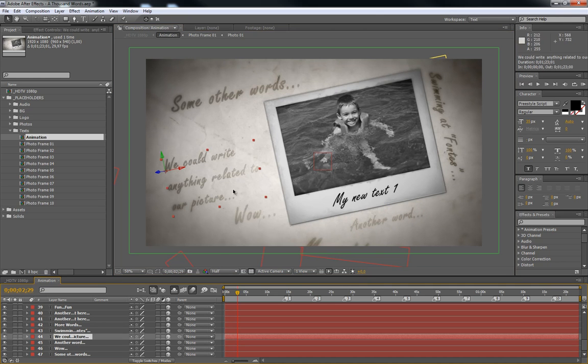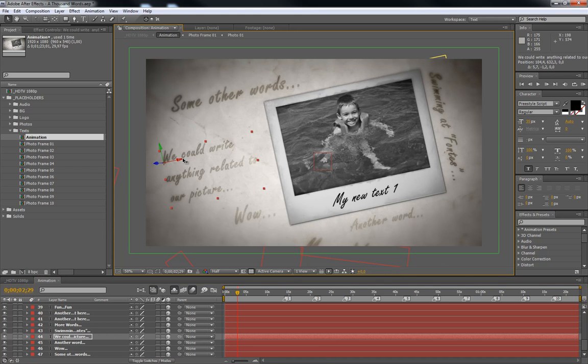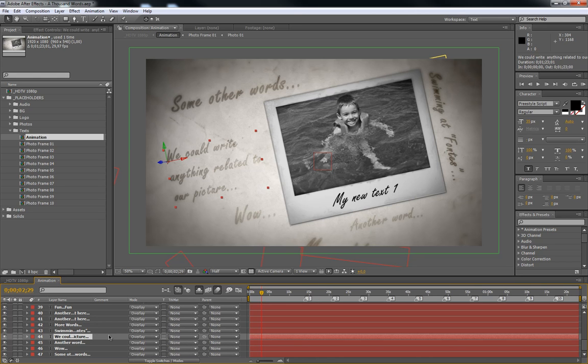Okay, so as you can see, it's very straightforward to edit, and also easy to add more text and to change the position of the ones that are already included. You can drag them to whatever position you want. Another thing that I would like to point out is if you press F4, you will check that all the texts are